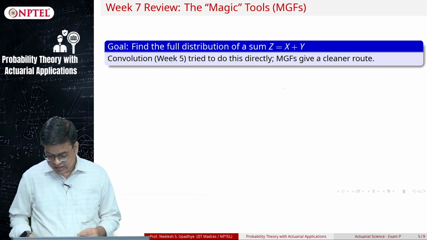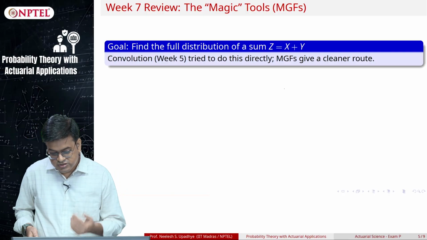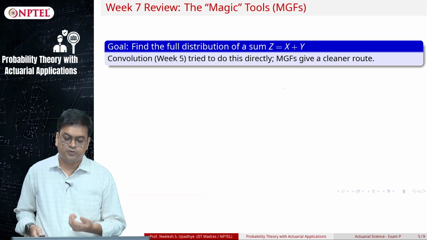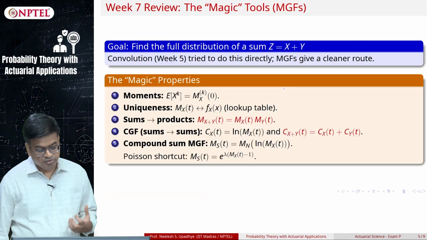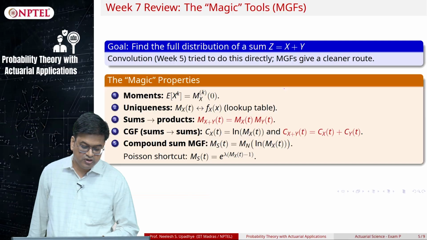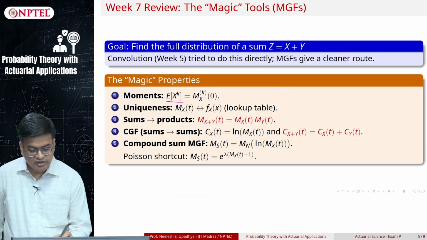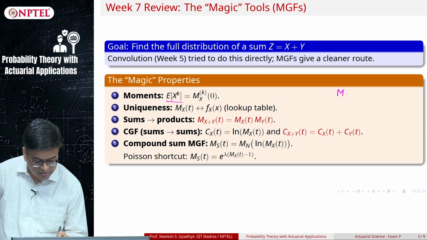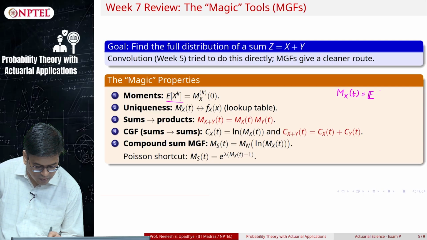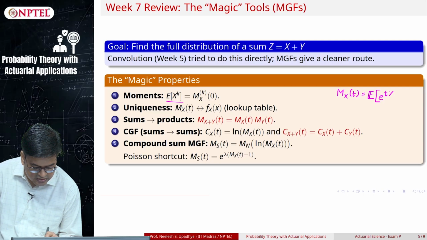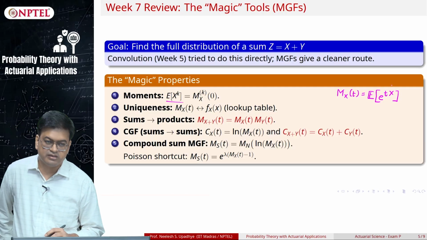So, here the key idea is MGFs are actually the functions that are transforms and that will generate moments. So, these are the key properties of MGFs, where if I want to compute expected value of x raised to k, I will take the moment generating function. Let me define that moment generating function, as I have not defined it yet. It is expected value of e raised to tx, where the freedom or leverage that you have is this free parameter t, okay.